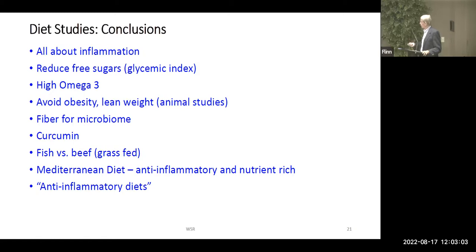There is another type of cattle called the Corriente. The Corriente are all over Arizona because we use them in rodeo. The reason we use them in rodeo is because they're fast, they're athletic, they're very lean, and they're much more similar to wild animals. Their genetics are very old. They come from way back in Spain. So if you eat Corriente beef that is grass-fed, you've got anti-inflammatory beef.